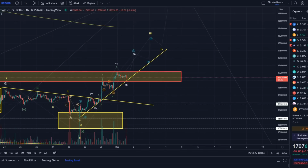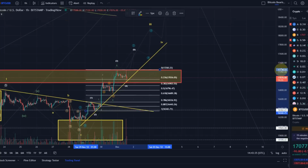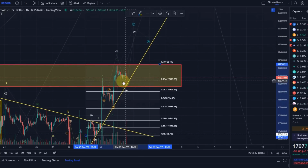Could it be finished? Yes, it could, but let's just double check the targets for that fourth wave in white. Minimum target has been reached. The 17,036 level, the 23.6% FIB level, is always the minimum for a wave 4. The ideal level would be 16.9K. So I have to primarily expect we get there because this is basically the ideal level for a wave 4. And the maximum we should do is